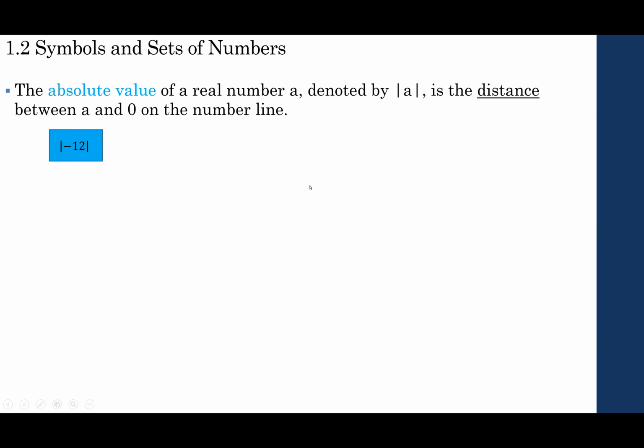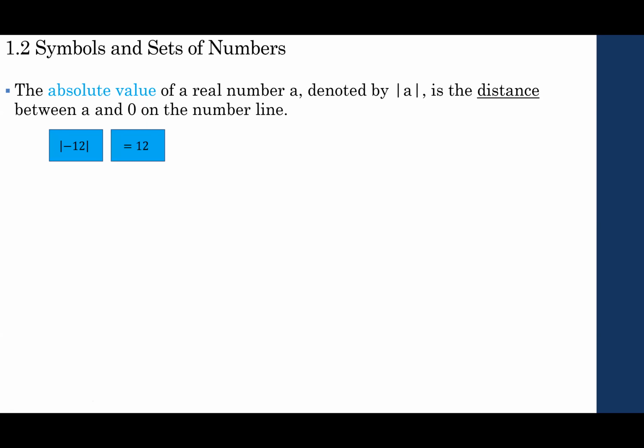Okay, so inside the absolute value, you can see that this is the absolute value of negative 12. Basically, they ask you from 0, how many steps do you have to take to get to negative 12? It doesn't matter if you take steps to the left or to the right, they ask you the amount of steps. So one thing about absolute value is when you simplify this thing here,